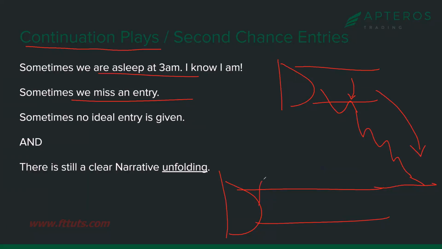Sometimes we get a breakout that just does this and then goes, and we never got that breakout pullback in the classic sense that we were looking for. DVA didn't give us the trade either, you know? It just wasn't given. It just kept going. Only the breakout traders got it. That's going to happen. But even though we missed that A+ best trade location, the narrative's still playing out. It's still happening, and we haven't hit a destination yet. So let's see if we can get on board. These are continuation plays, second chance entries, whatever you want to call it.